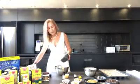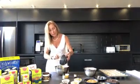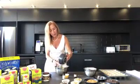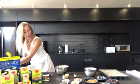And I love using a little spatula to make sure that I get every last little bit. So just making sure all of the egg gets into the pan here. And then I'm going to go from there to adding